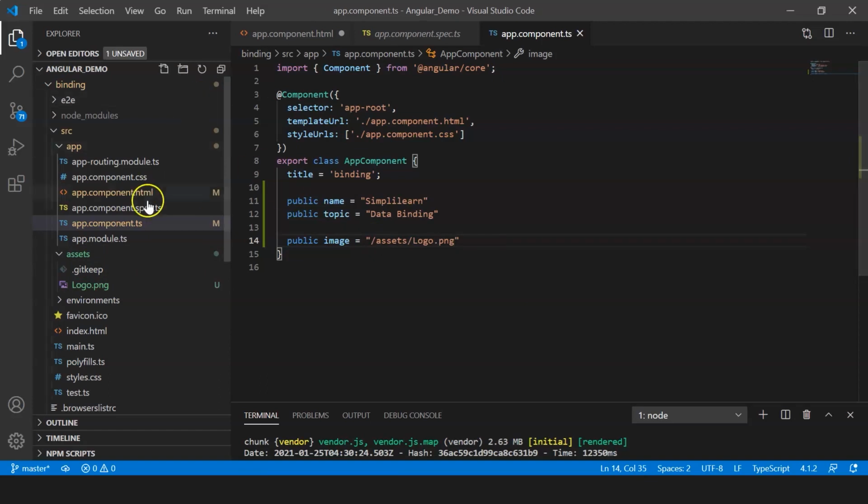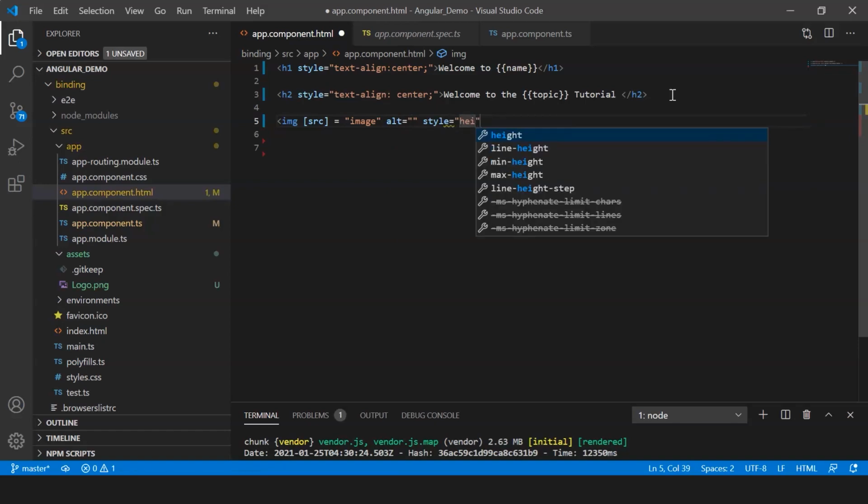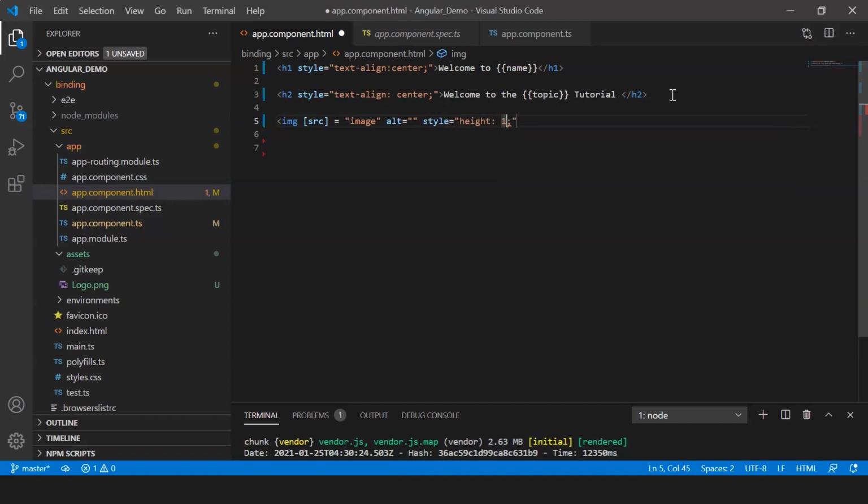And now back in my HTML file, I will create a simple image tag, and then I'm going to use property binding for the source property, source equals image. Alright, and now just to beautify the code, I'm going to provide some styling with some height and width.